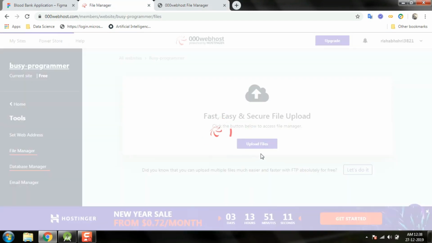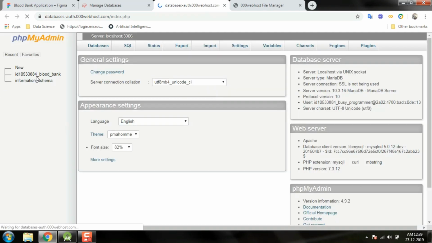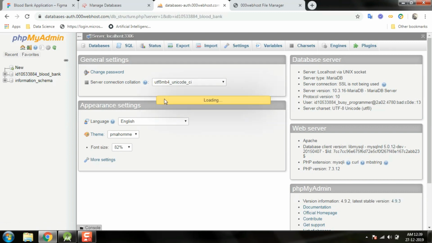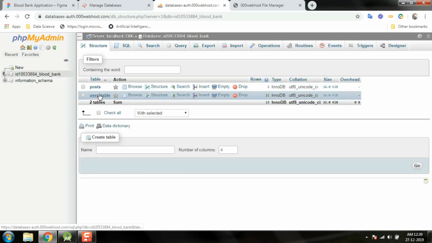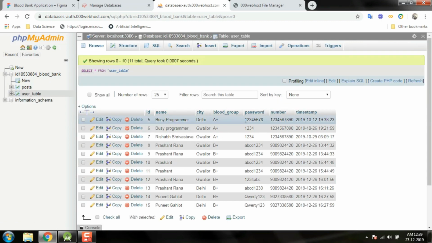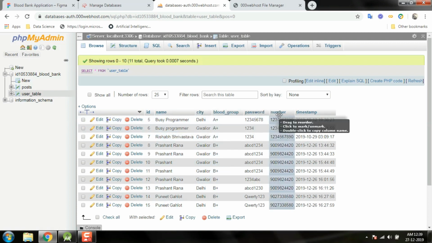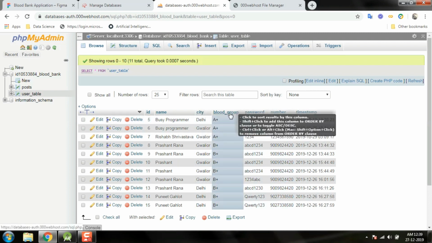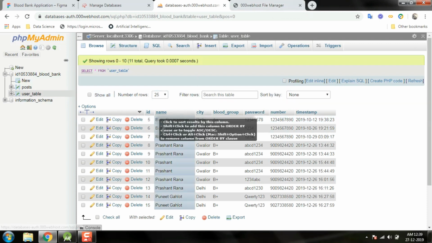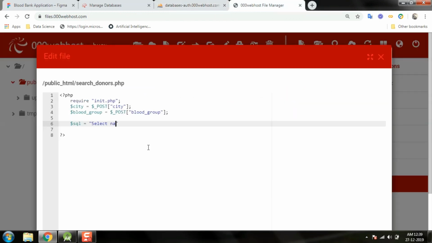Okay, so we also need to see the database a bit. So we have name, we have city, and we have number. Based on city and blood group, we want to filter out these names and these numbers. So we need name, number from user table